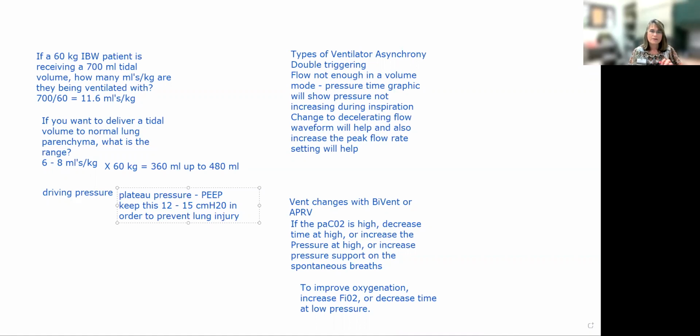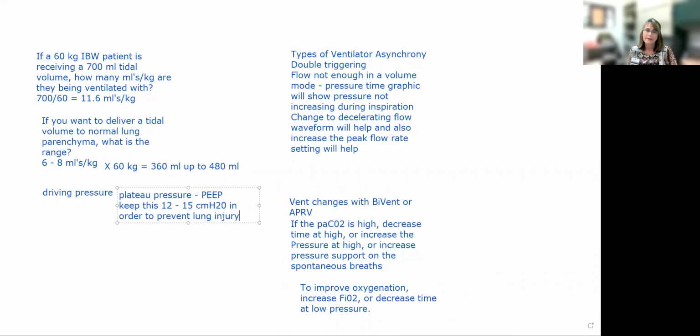So the driving pressure is the plateau pressure minus PEEP. We're not looking at pressure just trying to push the tidal volume through the conducting airways. We want to take that part out of the picture and just look at the pressure that reaches the alveoli. So that's our plateau pressure. Plateau pressure minus PEEP. They're calling this the driving pressure, and you see this a lot in the literature